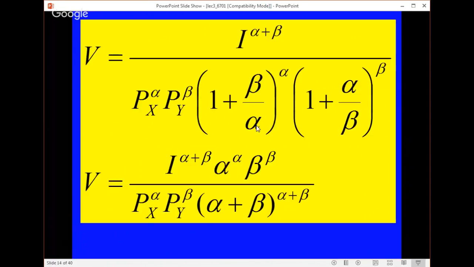So I can take this and rewrite it as, well, let me take this first part. Let me explain it, then I'll write it. I'll take this one and I'll write it as alpha over alpha. And what that'll give me is (alpha plus beta) over alpha. And over here, I do the same thing, beta over beta, and that gives me (beta plus alpha) over beta power. So